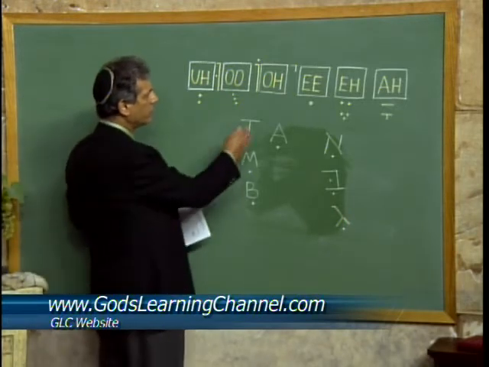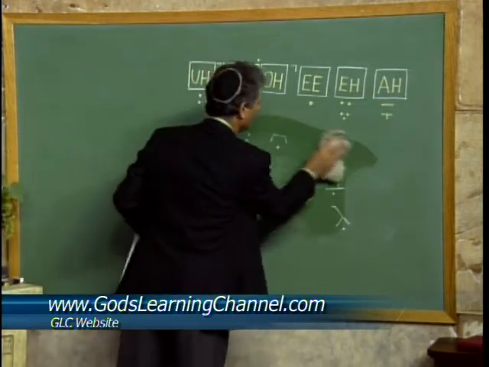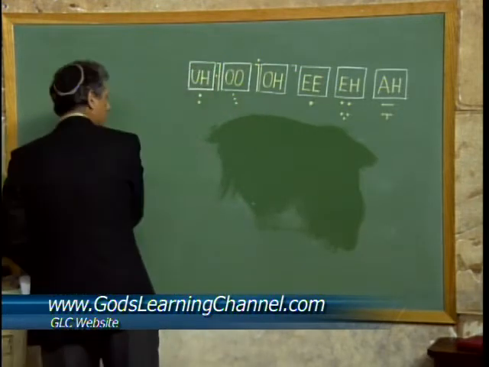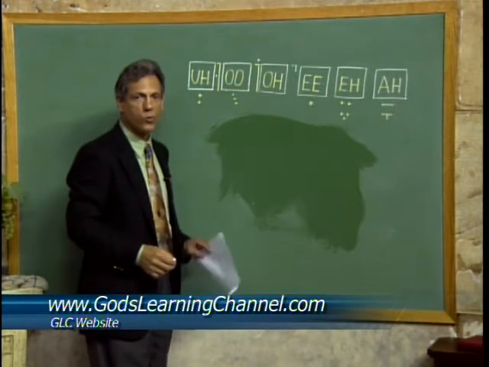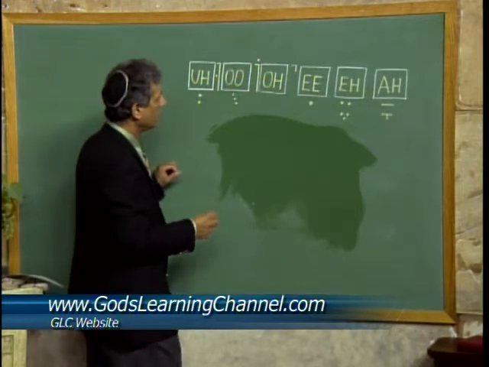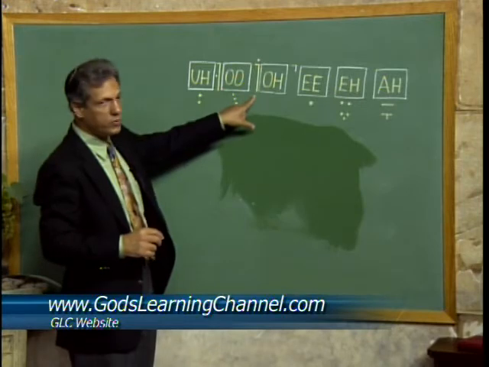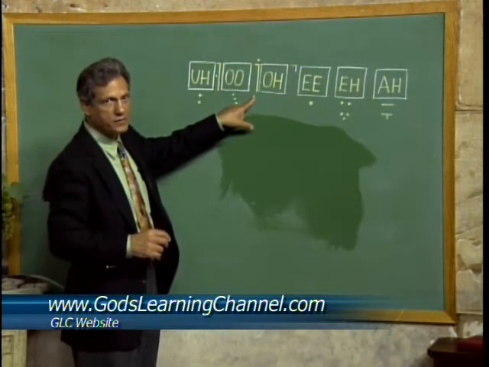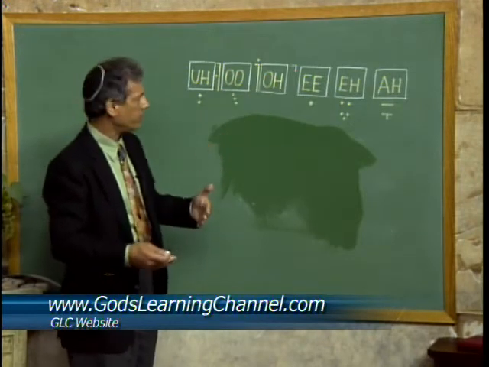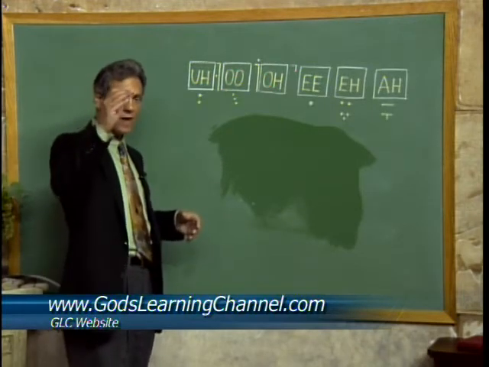So here is the fourth sound of the Hebrew letters, of the Hebrew vowels, which is O, the O sound. The O sound comes with a dot on top. And sometimes it would come with the letter Vav, which is the 6th letter of the alphabet. And as I said, that's kind of a helper. So sometimes it will come with a Vav, sometimes without,